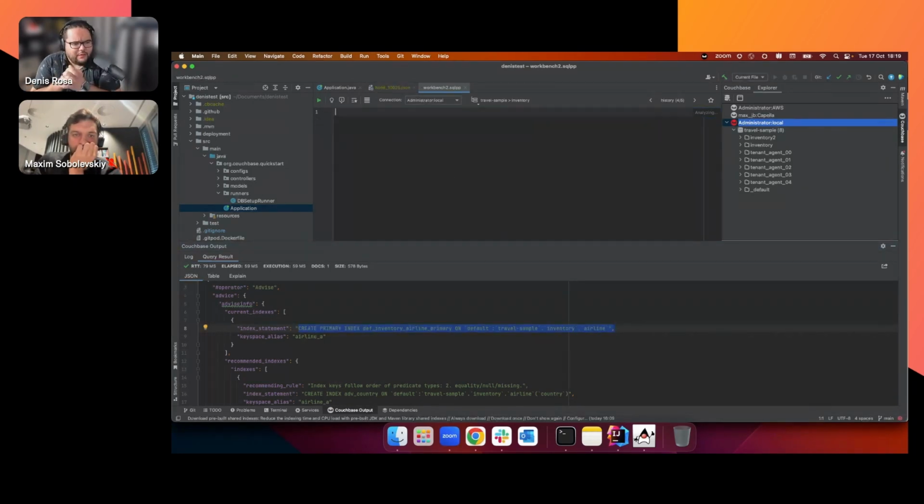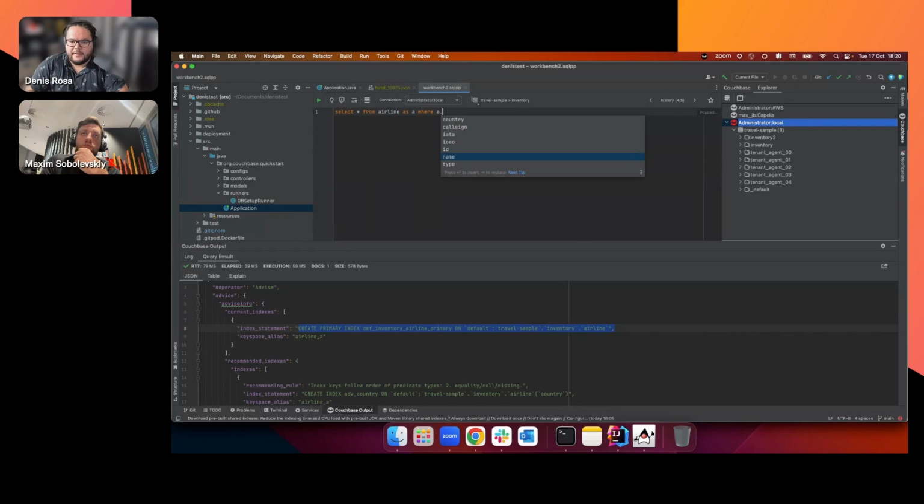We have implemented a few things, I mean, it's a very early thing. I would say that DataGrip does this much better than us, but we try to do some auto completion with queries, right? So if you type select, we have some keywords here. So star from, let's say star from airline SA, where a dot, you see all the attributes of that